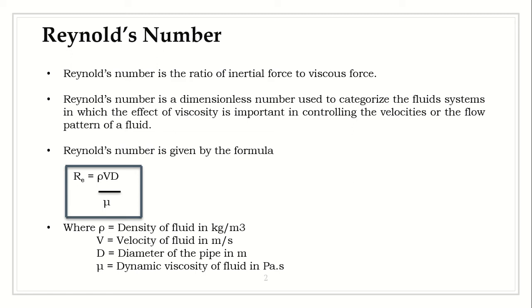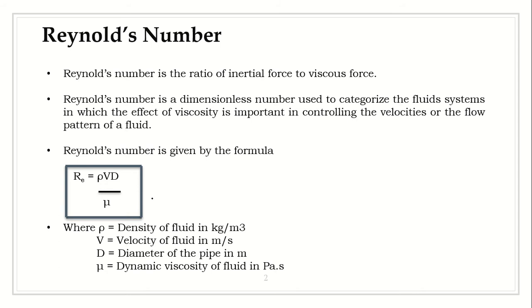This Reynolds number basically is the ratio of inertia force to viscous force. To know how the formula of Reynolds number, rho Vd by mu, has come, I have shown in my earlier videos where I was talking about dimensionless numbers. This Reynolds number is also a dimensionless number. So we have Reynolds number, Froude's number, Weber number, etc. There I have explained how the formula has arrived. Okay, so please watch that video.